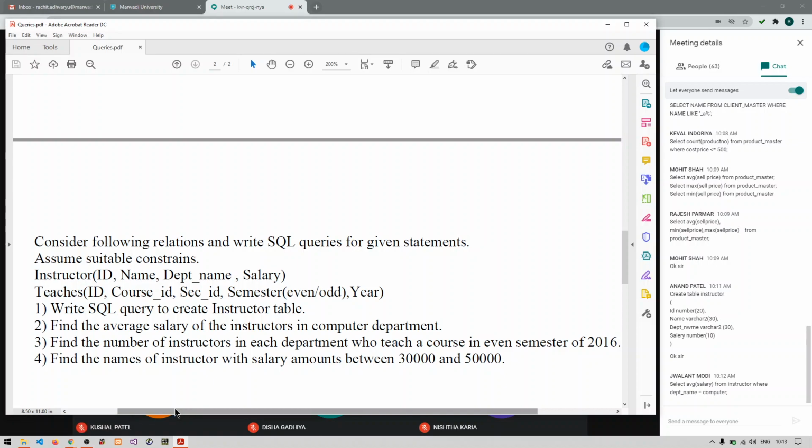Anyone who is trying to answer this? You need to use a condition, group by, and aggregate functions. So a combination of everything is required.